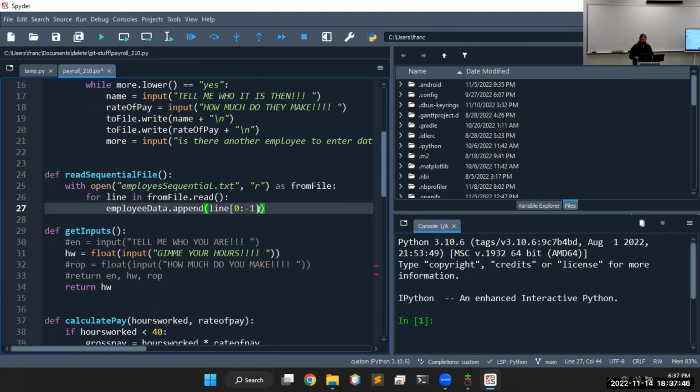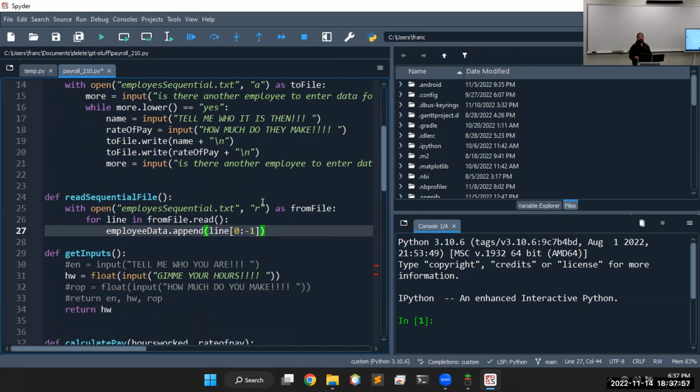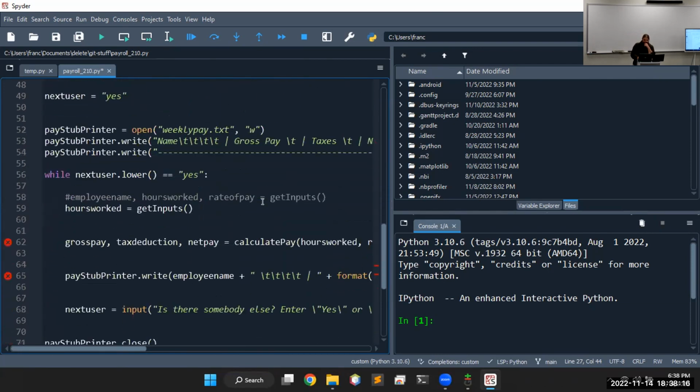So we'll read all that back in and add it to that array, and that's all we need to do there. That gets our data to a file and then reads it back in. So the only change now is adjustments in how our program runs when it starts off. If I scroll down here,